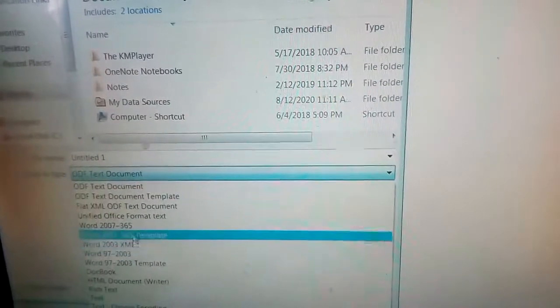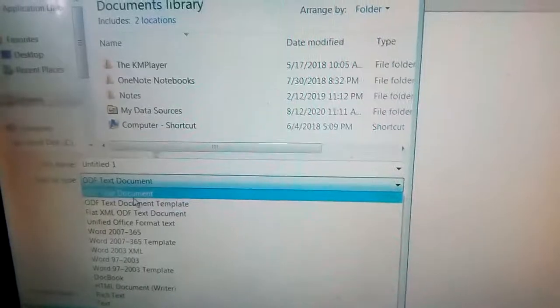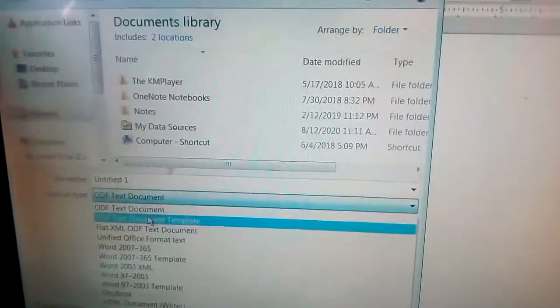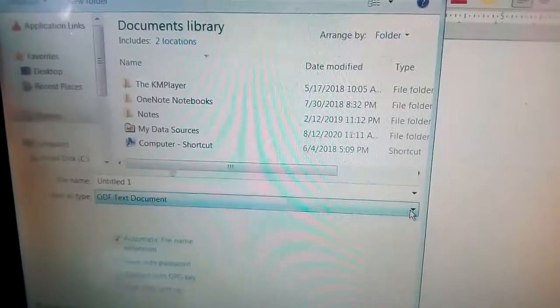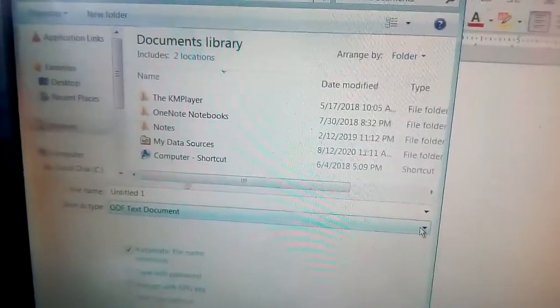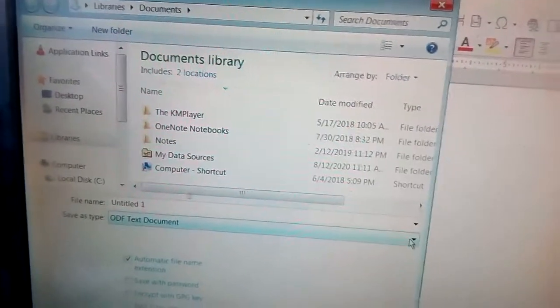Whatever you want according to your requirement you can choose from here, but by default the extension will be .odt. Okay, so this is the way you save a document.